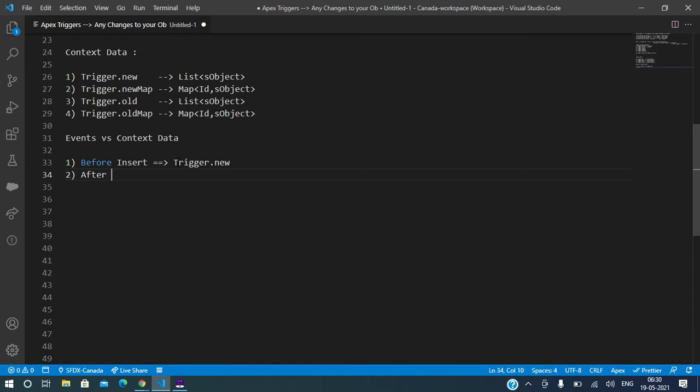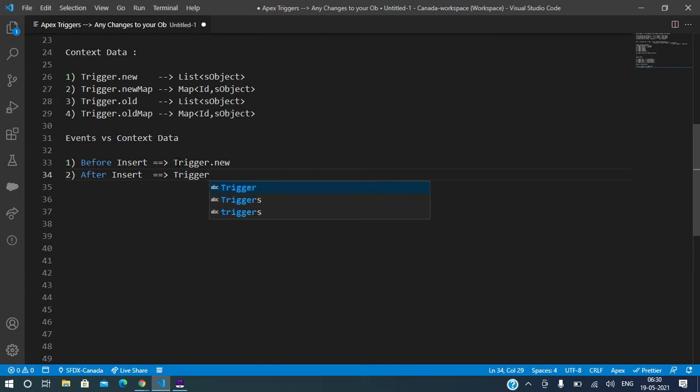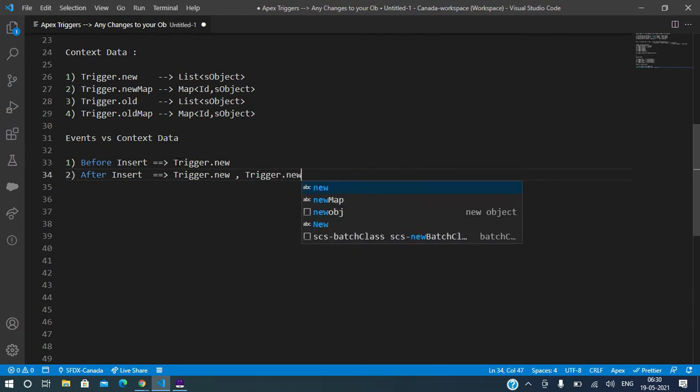After insert. In after insert, do we have an ID? Yes. So Trigger.new and Trigger.newMap.